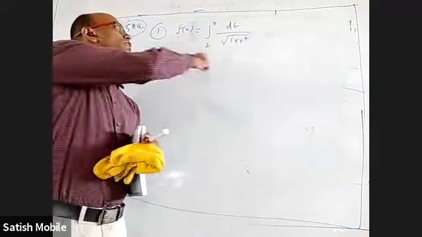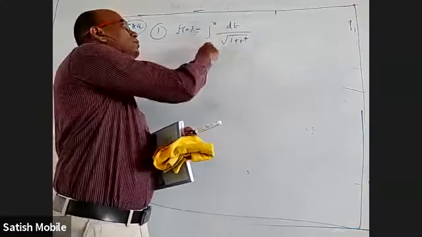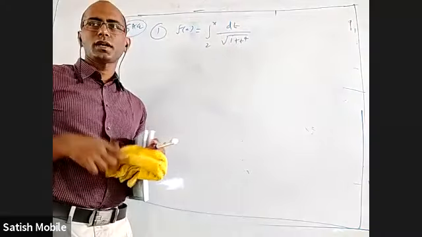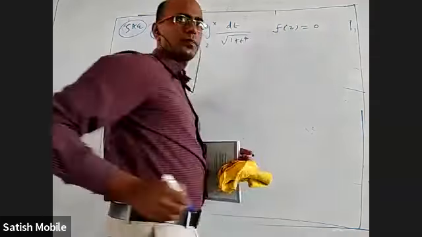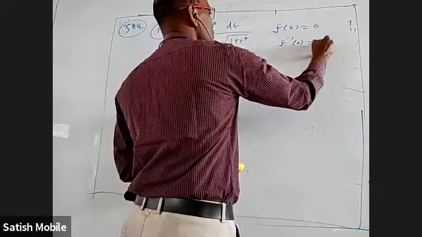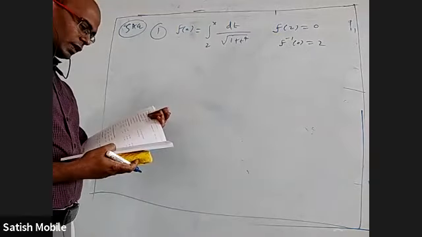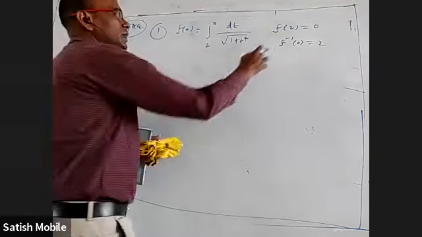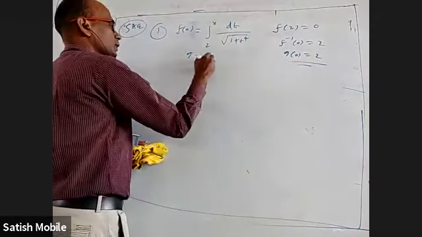f(0) also is an integral from 2 to 0, I have to do limits. 2. f(2) is very easy. If I put 2, both limits are the same, right? The answer will be 0. So one very simple thing is f(2) is 0. Okay. Then I can write f inverse of 0 equal to 2. Okay. Now let us see what they asked. They asked g'(0). That is because g(0) is 2, because g is f inverse.